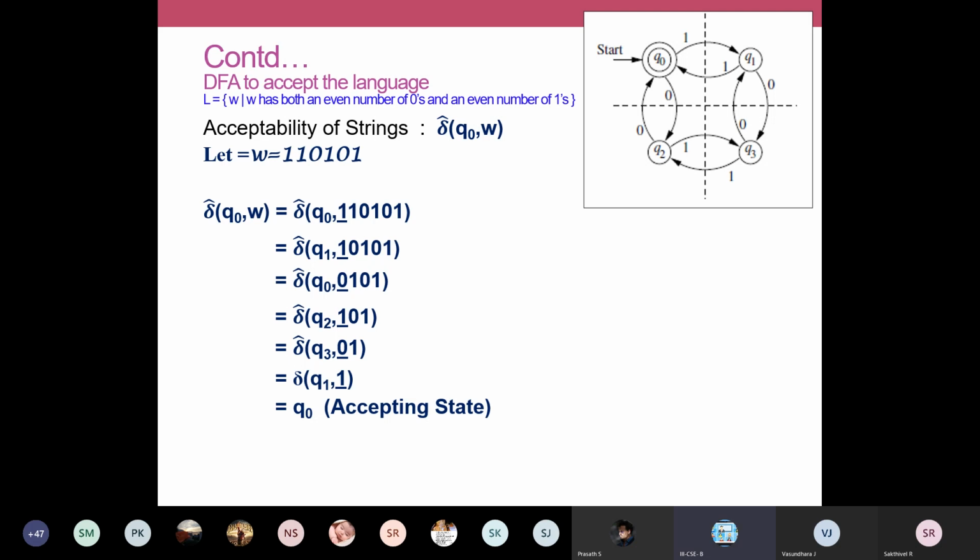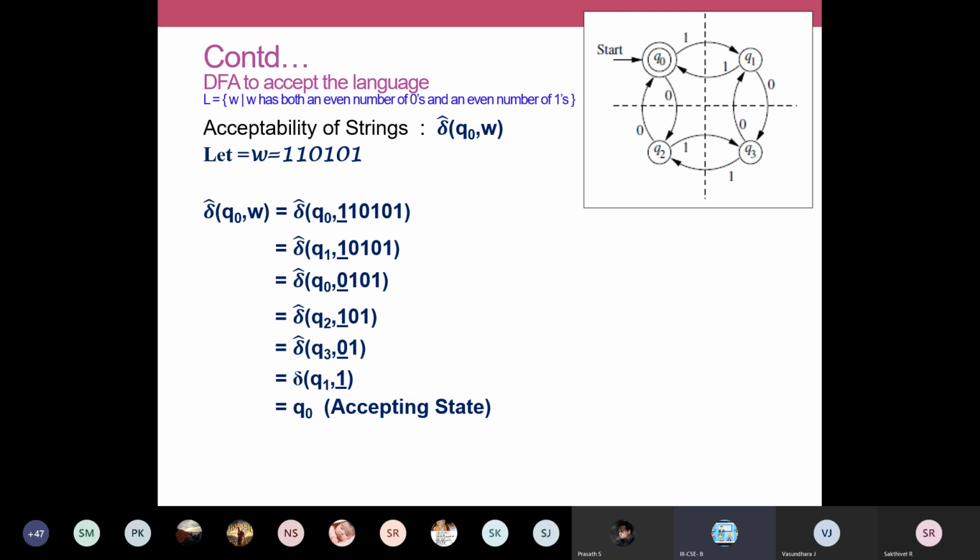You have to take two examples to prove the acceptability of your string. One example is a string with even number of zeros and even number of ones. You take one more possibility, 001, a string that does not fall into your constraint: even number of zeros and odd number of ones. If you apply the same steps, del cap of Q0, 001, you do the steps and write down what state you get, and it would be a non-accepting state.